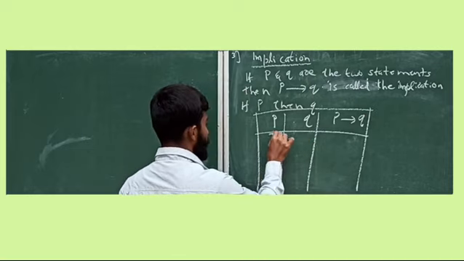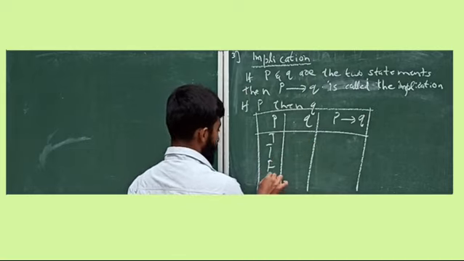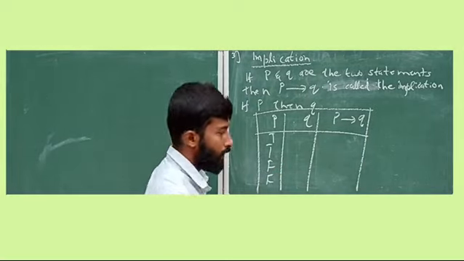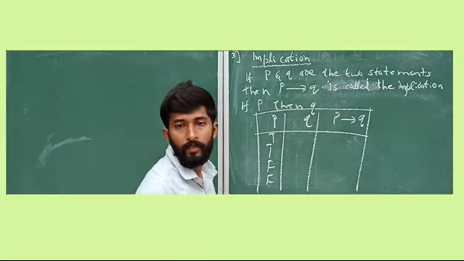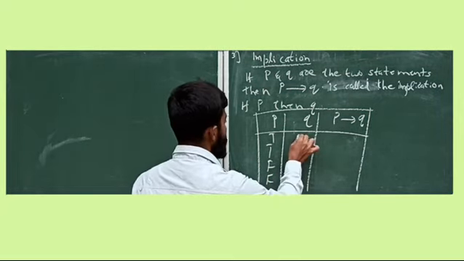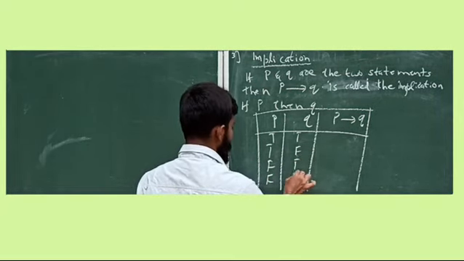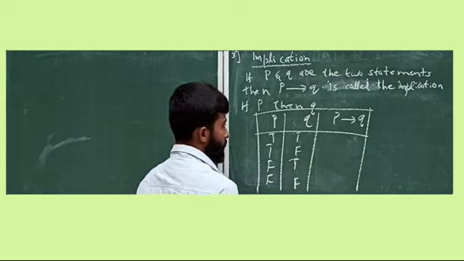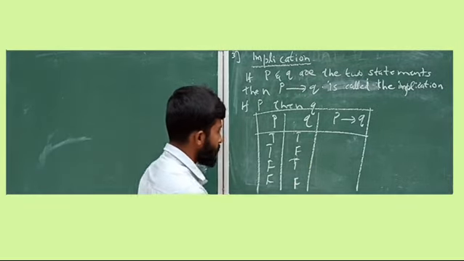Here I will take true, true, false, false. Whenever four truth values are taken, you need to follow this order. Then it is easy to write the truth table. True, true, false, false. Here true, false, true, false. Alternative true, false.